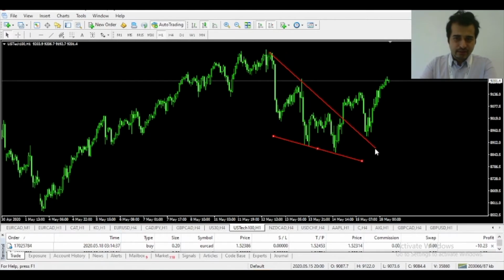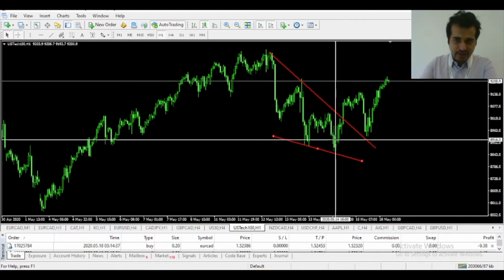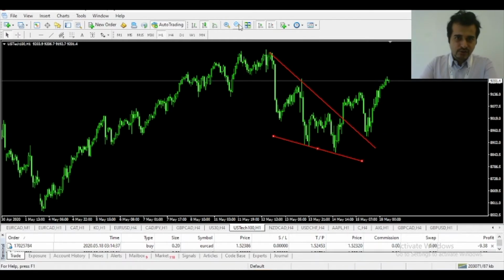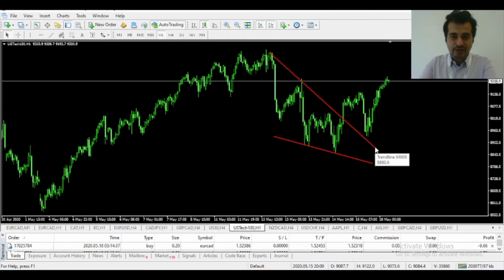US technology stocks, as we spoke about last week, you see we were at this structure, broke the descending triangle, came back to the resistance, acted as a support and pushed higher. So now we need to wait and see more comments from Powell. We need to wait and see how the response is going to be after they have reopened the economies, and how the market is going to react.